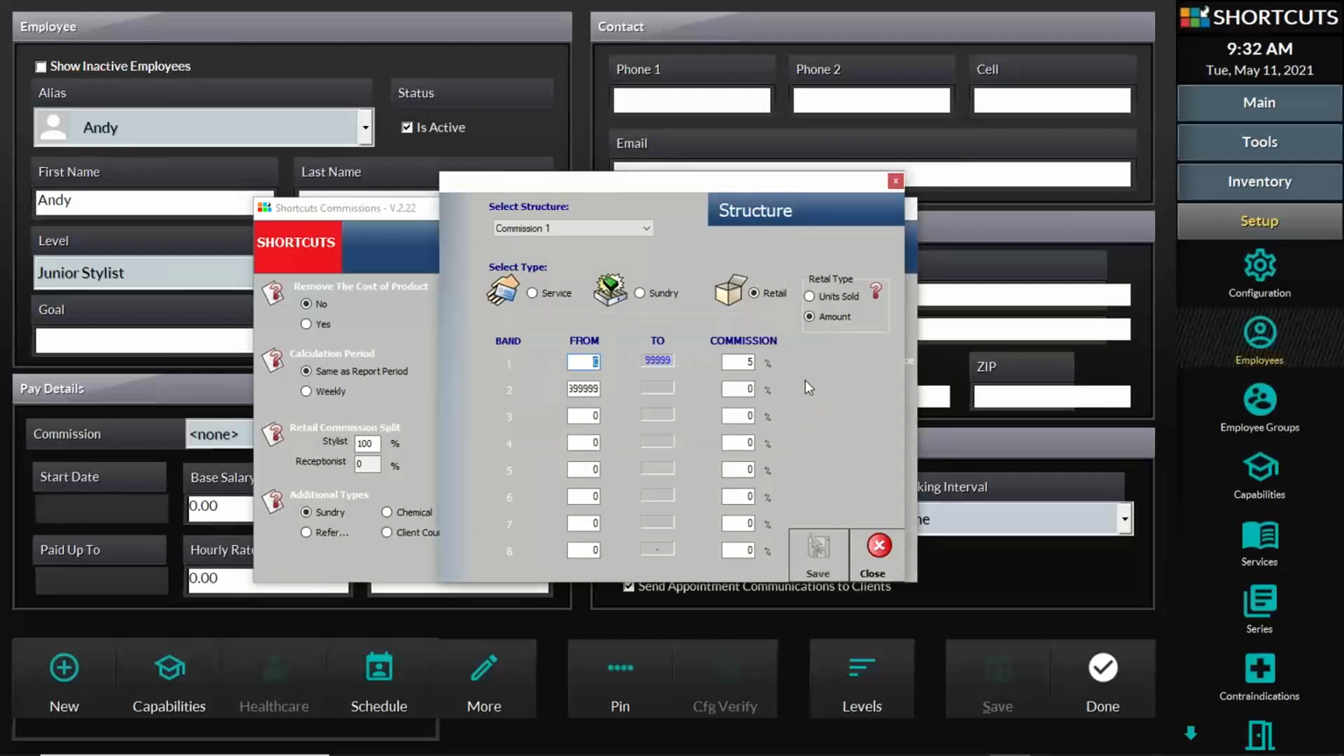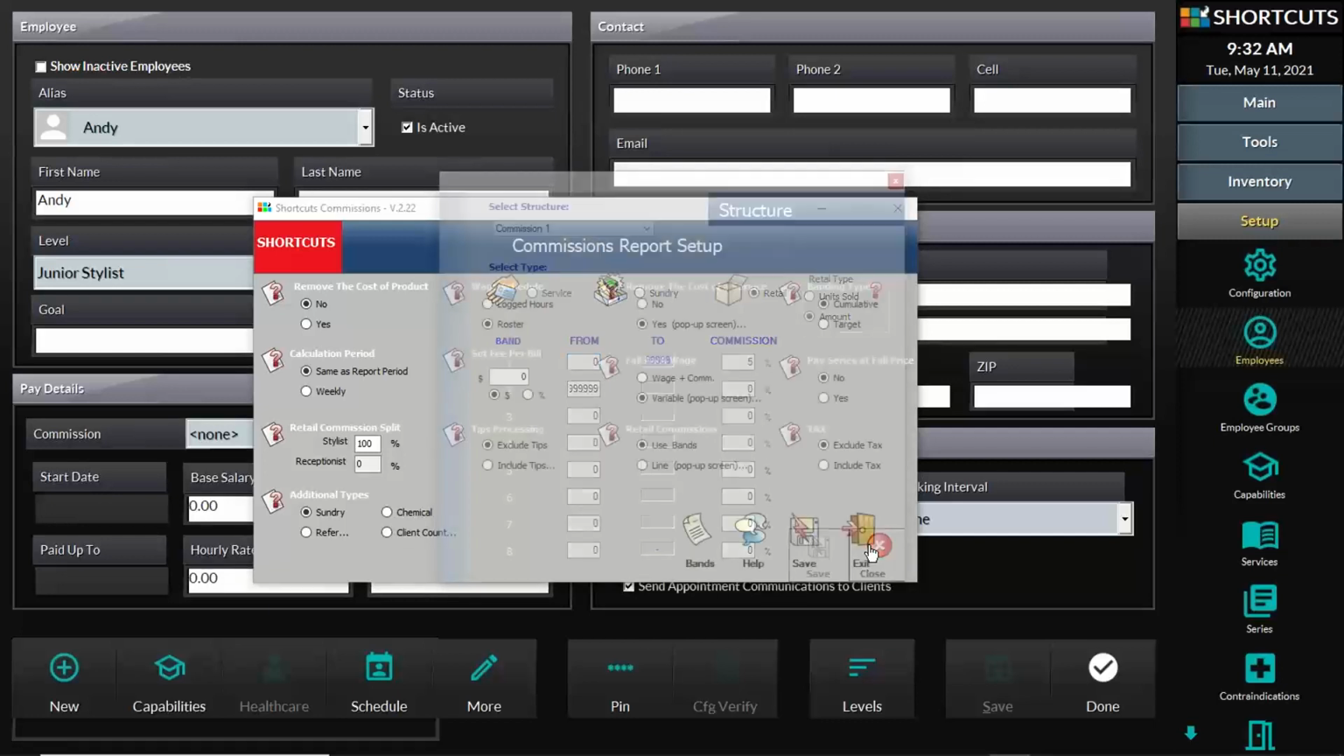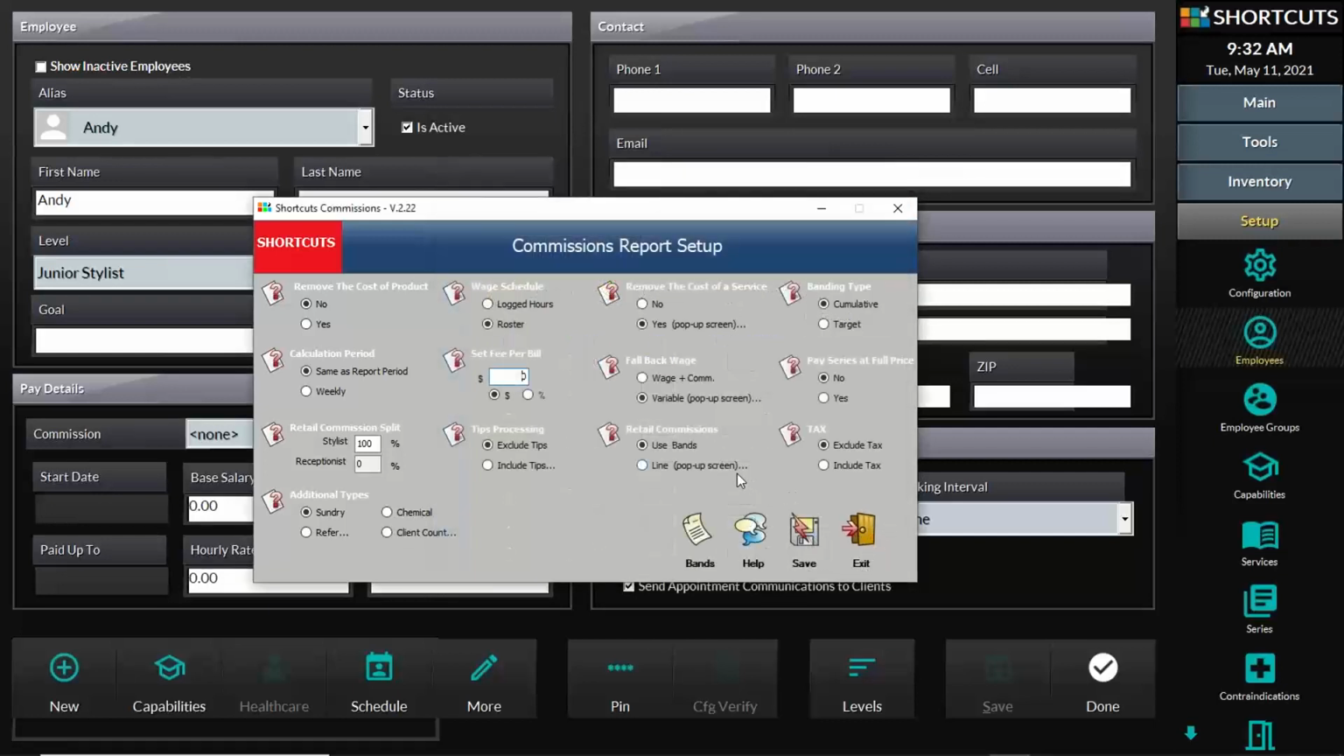So that's the very first thing I do. If I'm using extended commissions, I want to set up any bands and recreate the structure I have in the standard shortcuts. Second thing I do